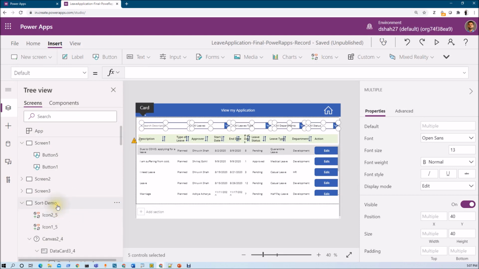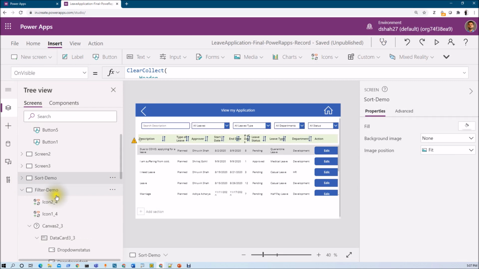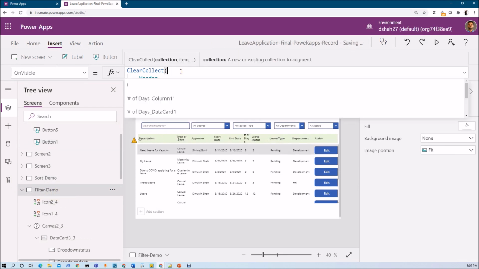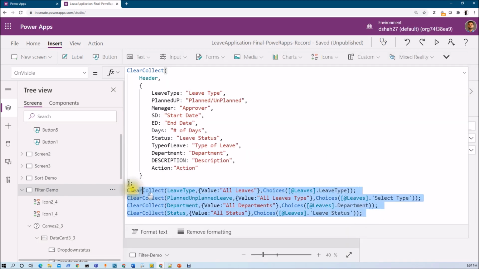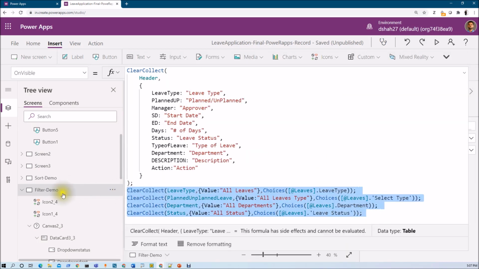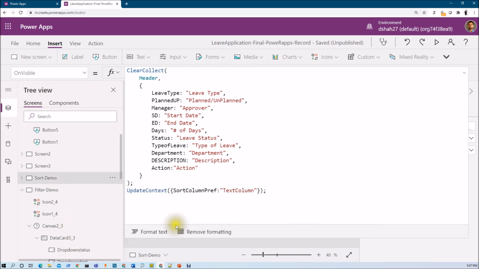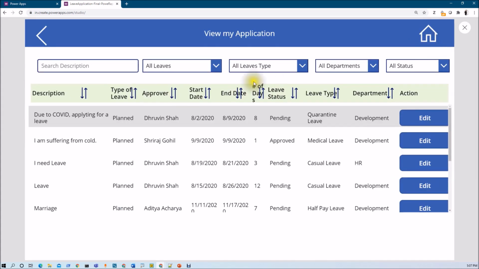Now let me copy the visible code that we have implemented in the filter screen and paste that to the sort screen. On visible we have written code over here, so let's copy that and paste it. Now let's check that my drop down has been bound successfully.